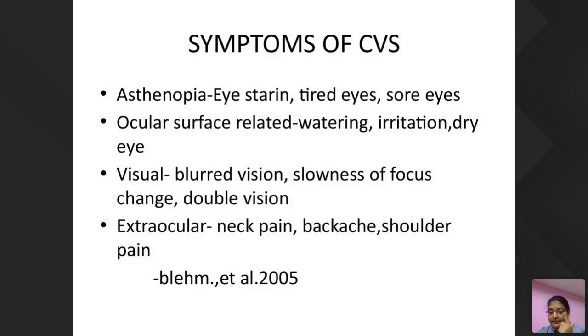Usually, the eye has a watery film of tears over the entire surface of the eyeball. This tear film is composed of three layers. The outer layer is an oil layer, the middle layer is the watery layer, and the inner layer is the mucus layer. This oil layer prevents the eyes from drying. This oil layer is secreted by the meibomian glands, which are present over the upper and lower eyelids.